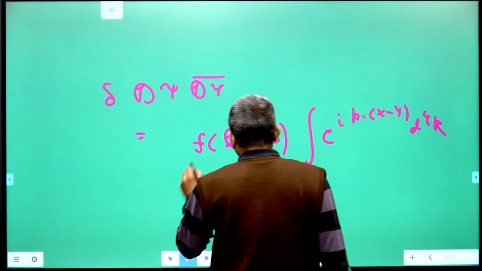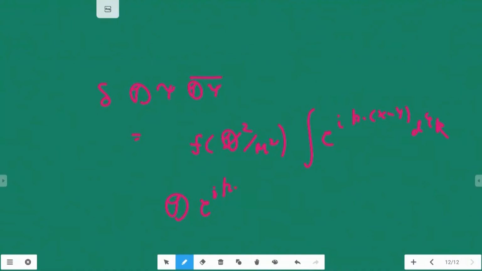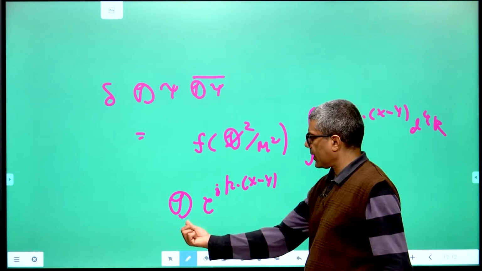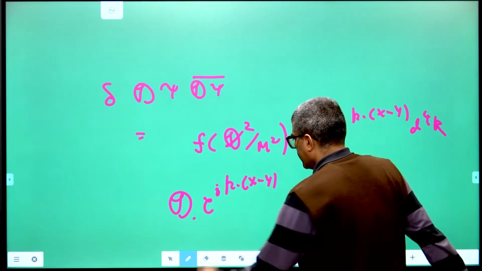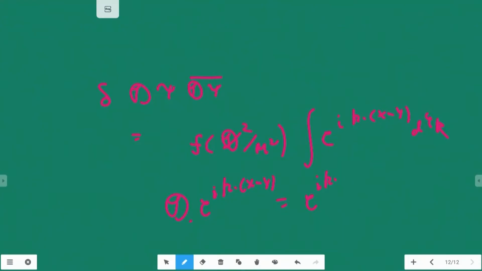And this is nothing but, how does D act on e^(i k·(x minus y)) as an operator? If you look upon this as a multiplication operator and D as a differential operator in the x variable, then this can be written as e^(i k·(x minus y)) into D plus D acting on this, which will give you